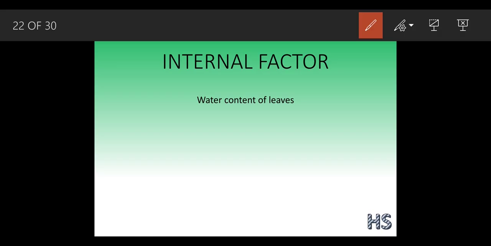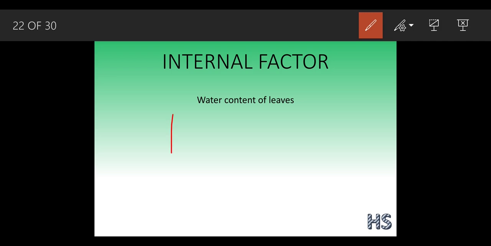See, if you drink less water in the month of summer, what is going to happen? Your body will become dehydrated. So what are we going to do? We are going to drink a lot of water in the month of summer. Why? So that our body does not get dehydrated. Same like that,